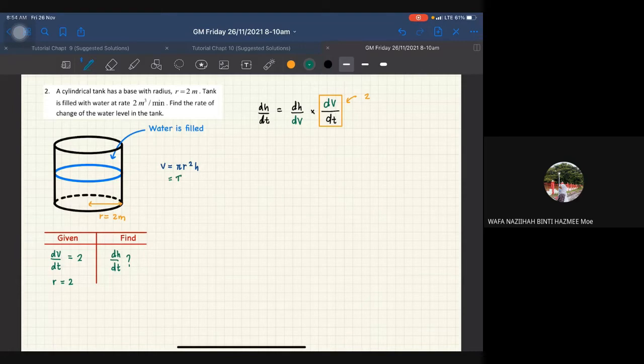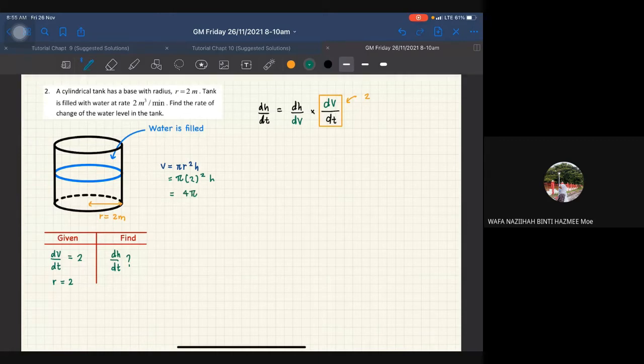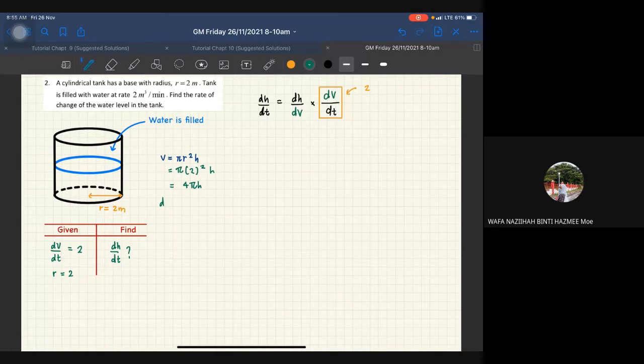I think it's quite fast. Right? Okay, so we want to find dV dH. So dV dH is equal to 4 pi. Okay, so we already have this one, dV dH. So just substitute in here. But we want dH dV. So we already found dV dH, so just invert it. So from here what you get is dH dV is equal to 1 over 4 pi